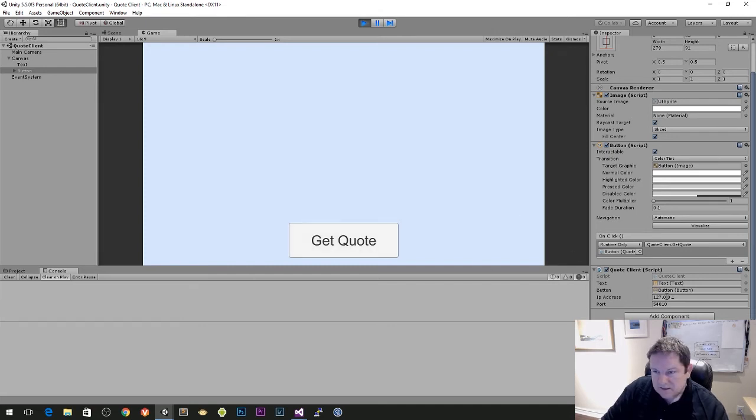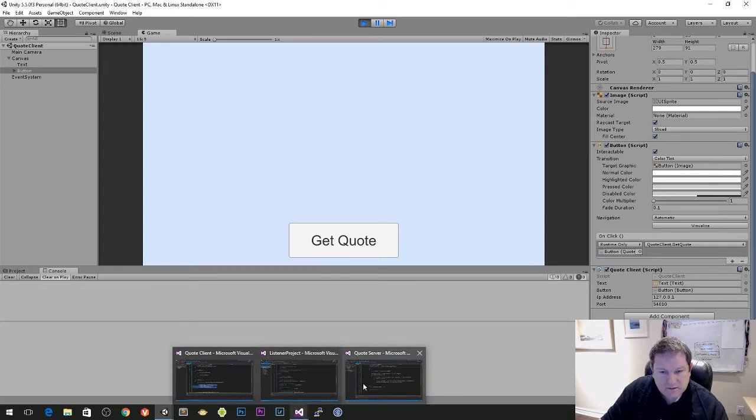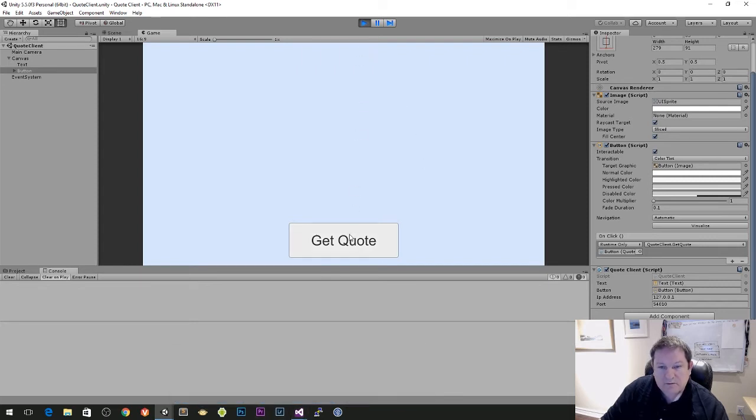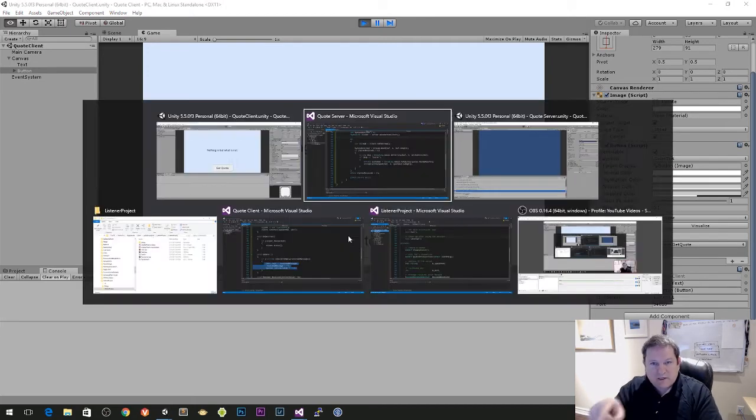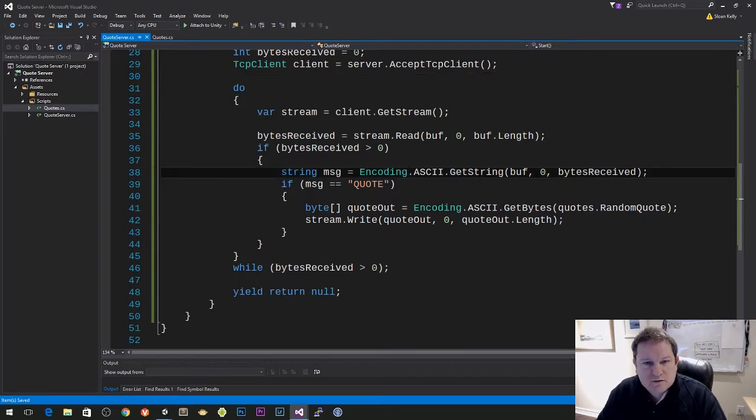So it's connected to the server. There's no other server running. It's just the quote server. So I should be able to hit get quote and it will return a quote to me. So here we go. And this is us getting the quote. And just to prove that it is that, if I go back to the quote server here,